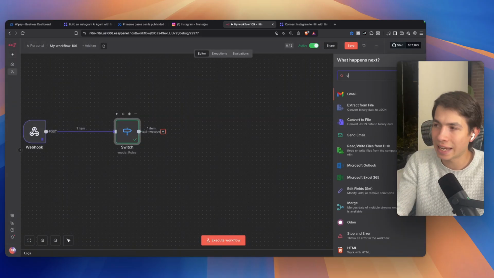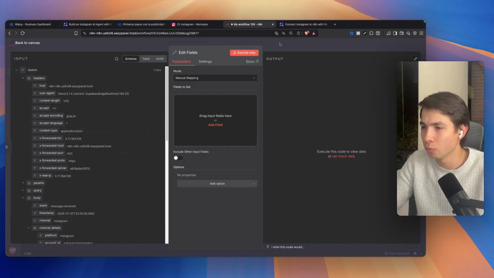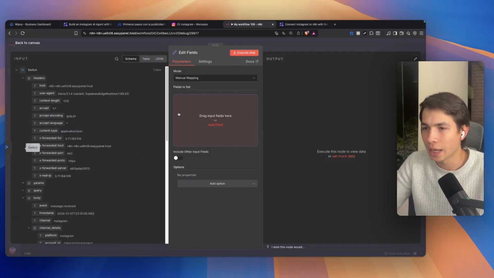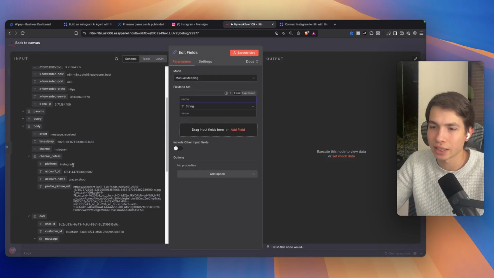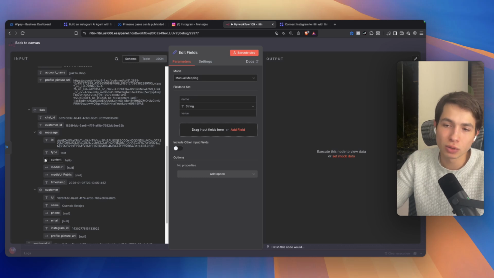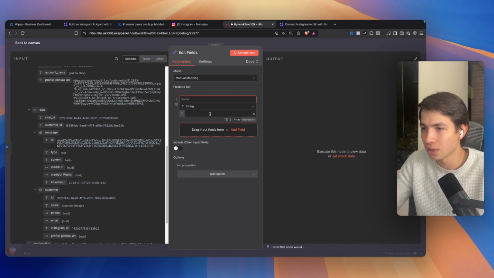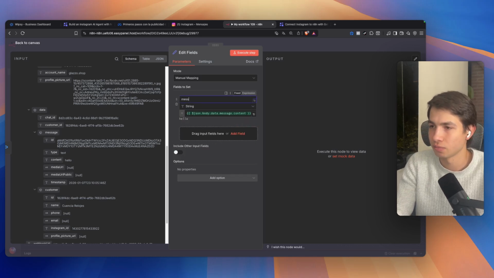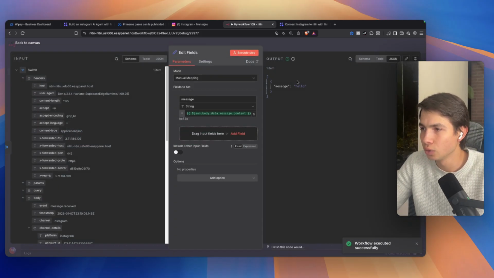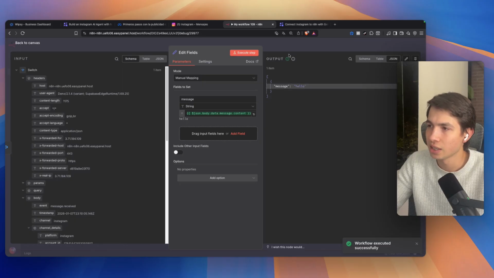I'm going to put an edit fields node. You're going to see later on why, but it's so that the AI agent can always have the same input. You're going to understand it more at the end. For now, I'm going to add a new variable, and we're going to search for the content. You can see here, this is the message I sent. This is what we're going to input to the AI agent. And I don't want it to be named content. I want to change the name to message. Okay. So if I run this now, you can see I have a new variable called message,